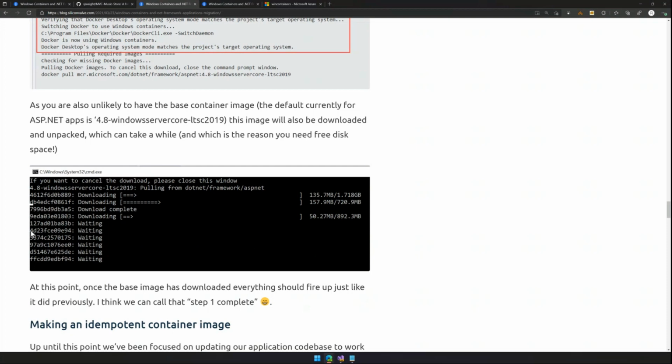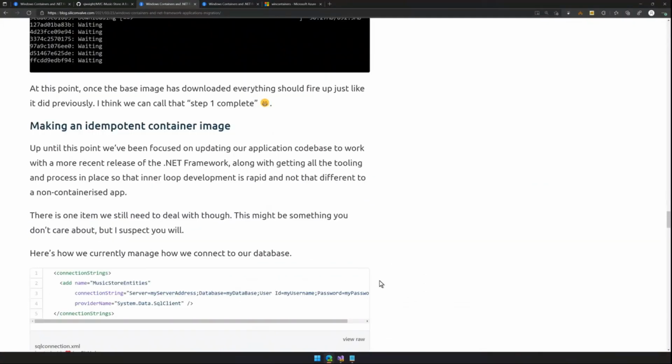So every time you build, you're not pulling the full image down across the internet, you're using the one stored locally. That can take a while depending on how fast your internet is, and you can run into issues if you don't have enough disk space. You can see in this screenshot that this first chunk of the container image was 1.718 gigabytes, and there was still a whole bunch of other chunks to run. But that only happens once, the first time that you run the app. Now, I've already done that, so the demo later won't take too long.